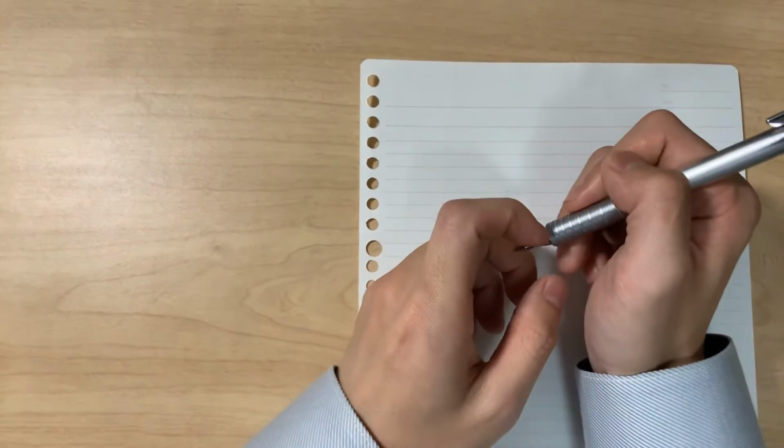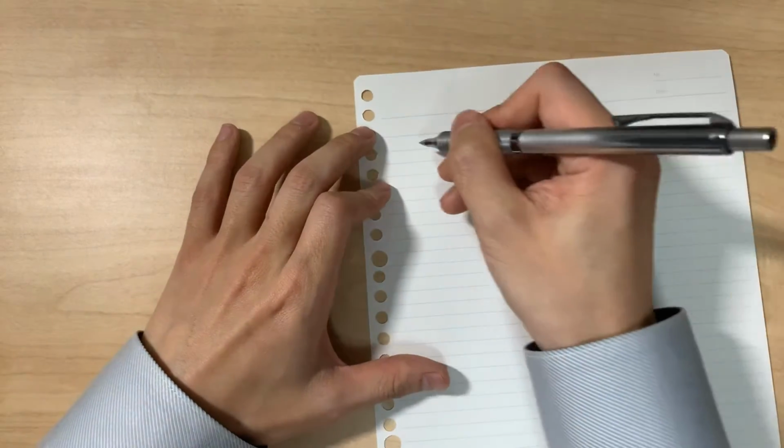Today, I'd like to show you the way to use kanji in English. Let's play with kanji. I will introduce two kanjis today. First,